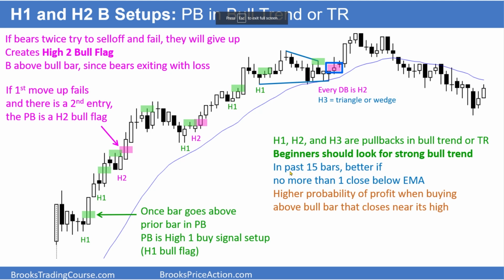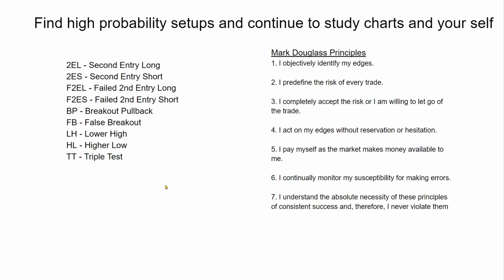Okay, so now kind of understanding how those work and the examples as well, go ahead and practice them. It takes about, I would say, a month or so to really fully understand them and see them and kind of get good at practicing them. Trade small. Once you get that, you can add things to your arsenal: failed second entries, breakout pullbacks, false breakouts, higher lows, lower highs, triple tests, double bottoms, etc., even hidden second entries. Once you master 2 setups, that's really all you need to continually make money,